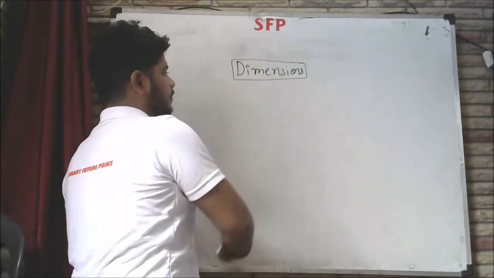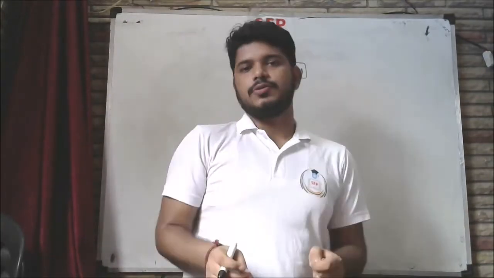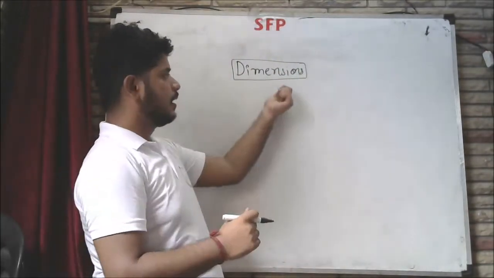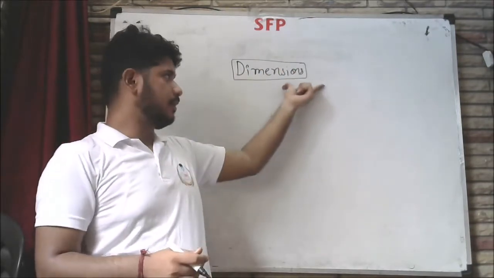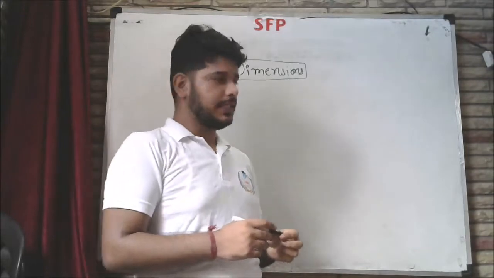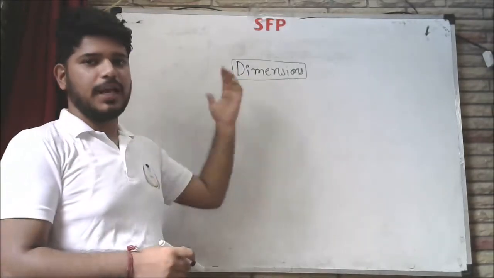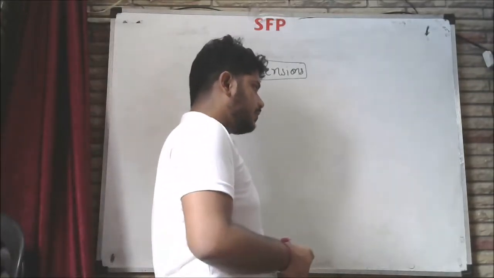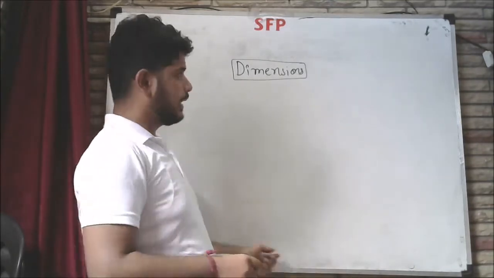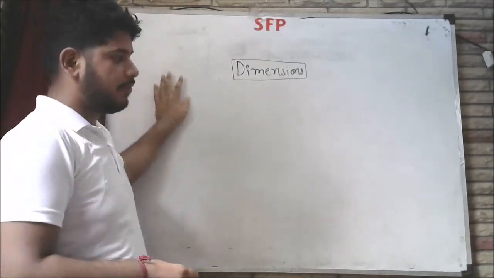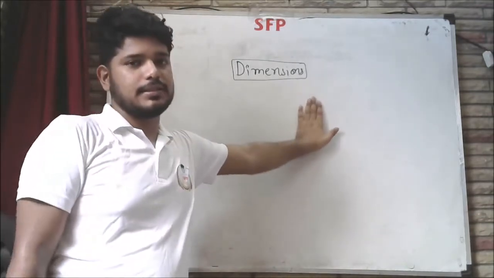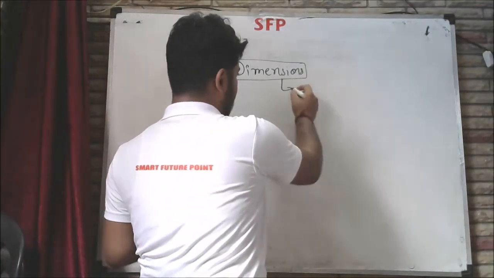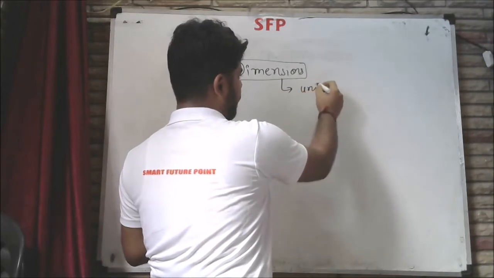What is dimension? It is just like units. We have to measure any quantity. We have taken the units, so we have taken the dimension to represent what the dimension of this blackboard is. How can you define it? Its length is this, its breadth is this, and its thickness is something. So dimension is again simply represented in terms of units.